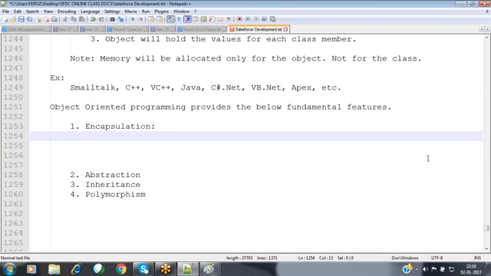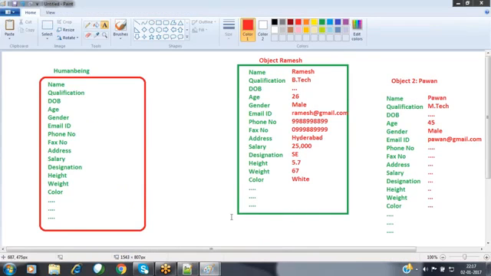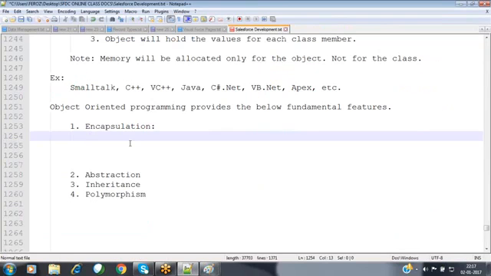Now how can we achieve this encapsulation? Encapsulation can be achieved by using two components here. As we have discussed just now with an example, whenever you are going to group all these members, what are we using? We are using a class. So encapsulation can be achieved with the help of a class. Along with that, we can use one more functionality that is called an interface. When moving forward, we will see what exactly the interface is.